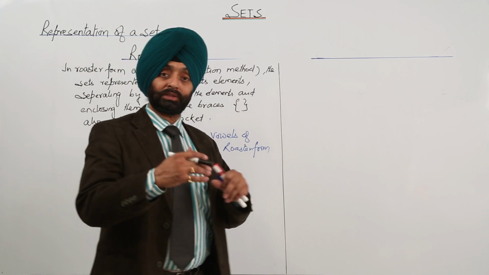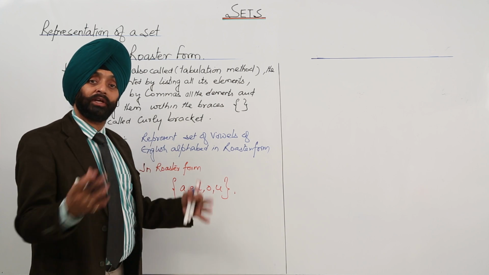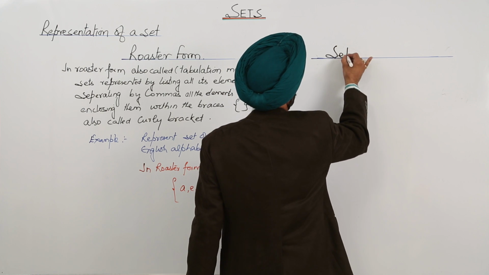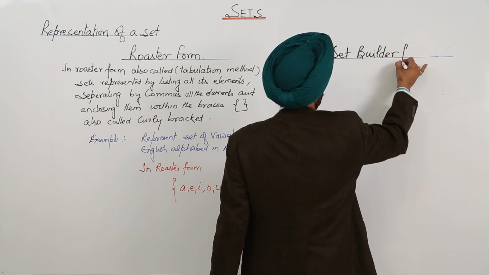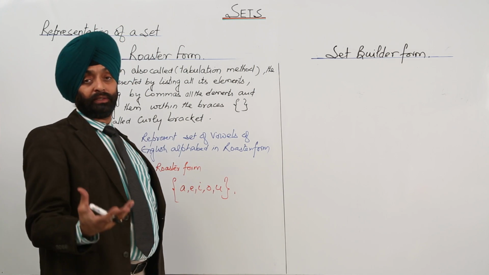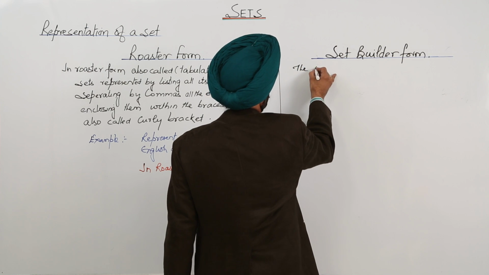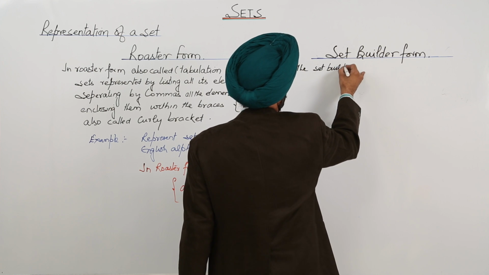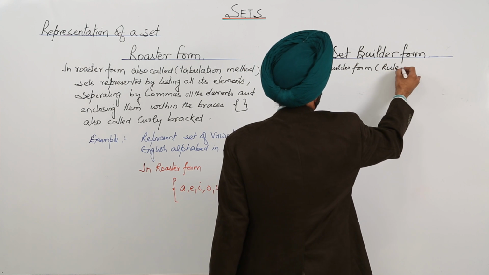Second is just vice versa. If this is to be represented in the statement form, that is called what? Set builder form. Okay, just to build it. This is called set builder form. Now, the set builder form, also called rule method,